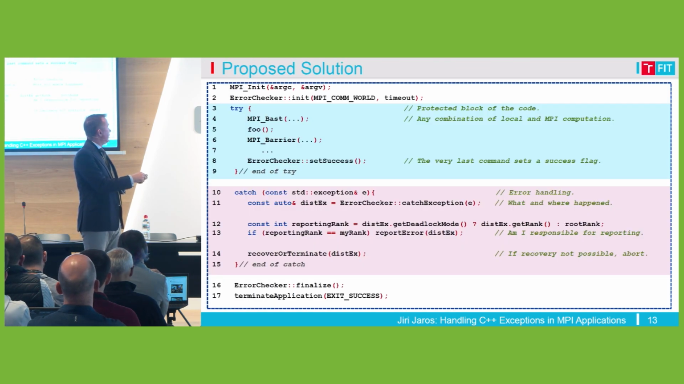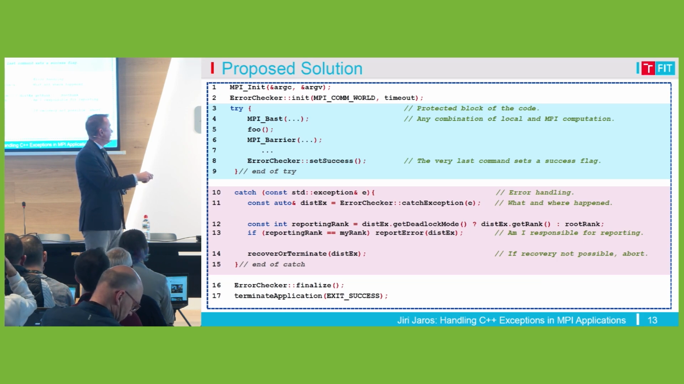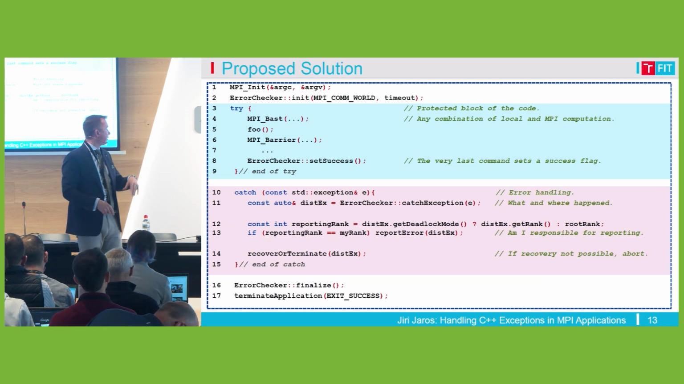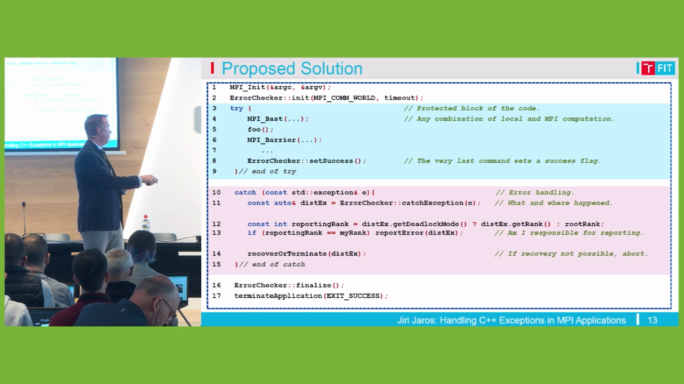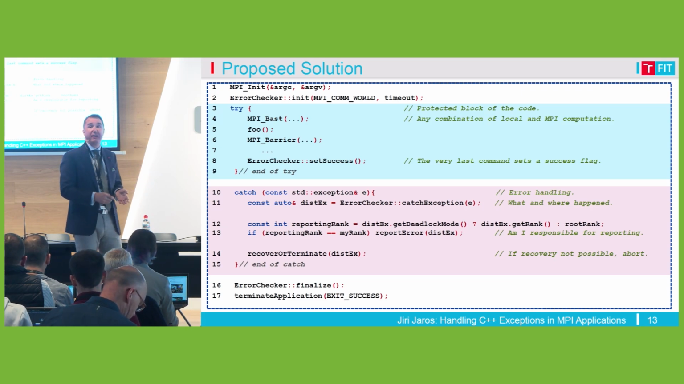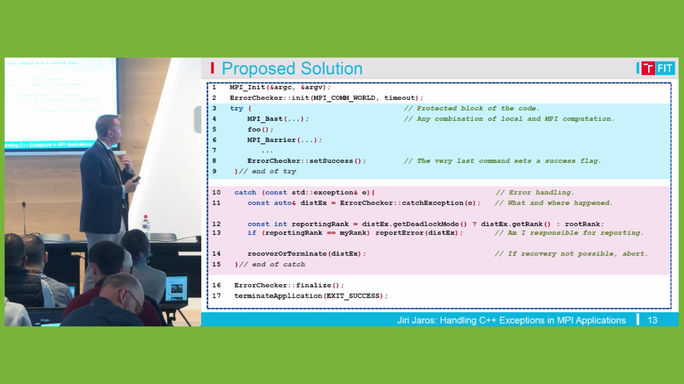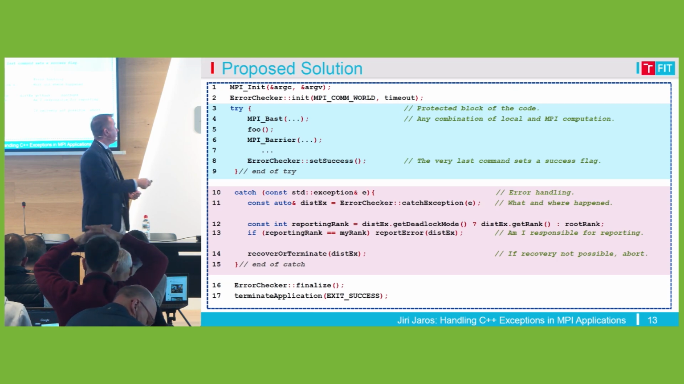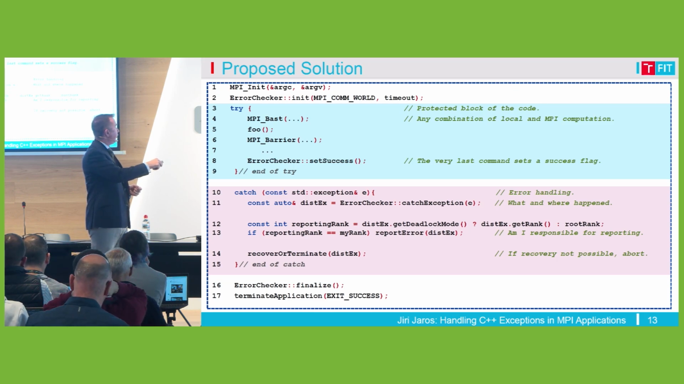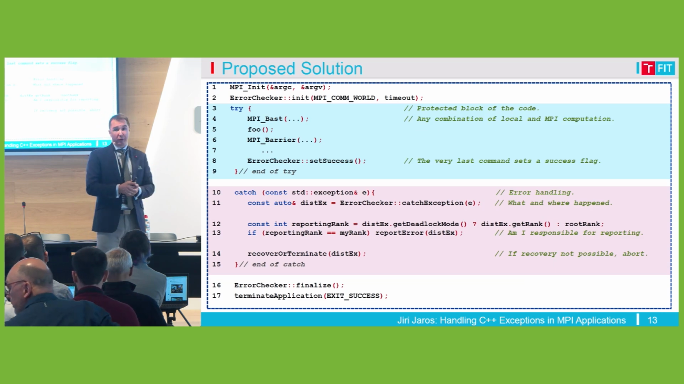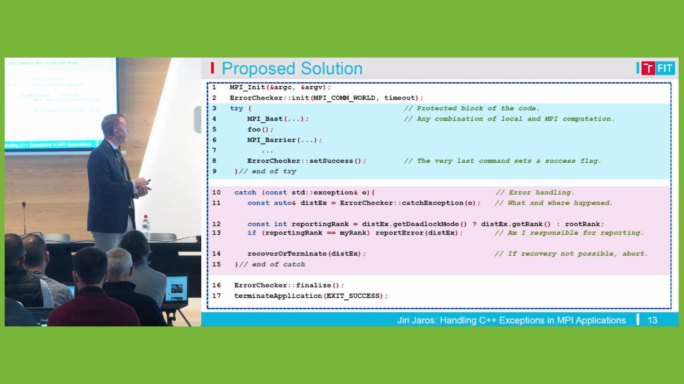So if everything is okay, all the ranks will meet in this set success method, and then just at the end call finalize and terminate the application. If something wrong happens, the faulty ranks will go directly to this catch block. And what's important here is, so imagine you've got